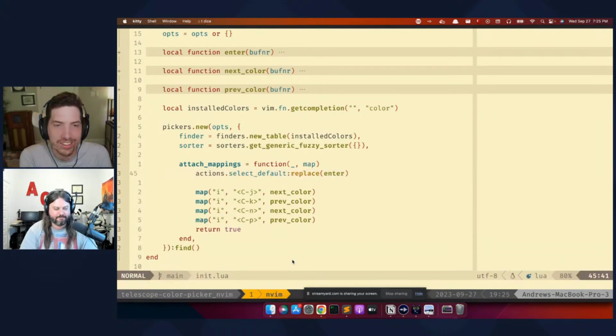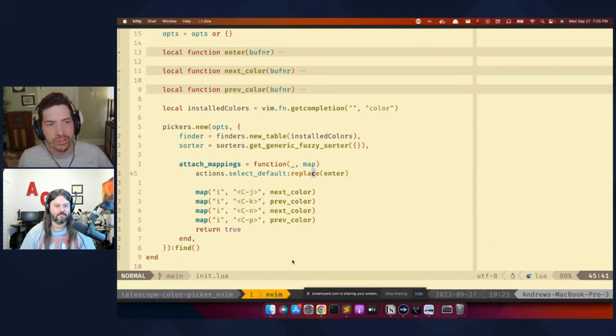It just feels right. Select default is the action. It doesn't really matter what keyboard thing drives it. Maybe it's not even a keyboard, right? Maybe it's the mouse. Maybe it's spoken. Maybe it's something else. So yeah, that's cool. That's something I didn't realize, but so far in my Telescope extension development experience,